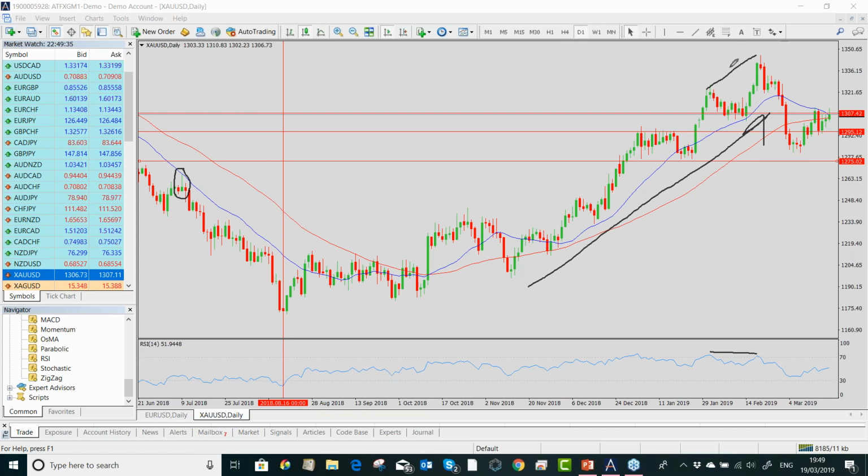This trend is no longer as healthy as it once was, and we may then see a correction. And so that can be used not only as a way of filtering out bad trades, but also as a way of taking profit on trades that we're already in, especially if we see something like this kind of price action here,